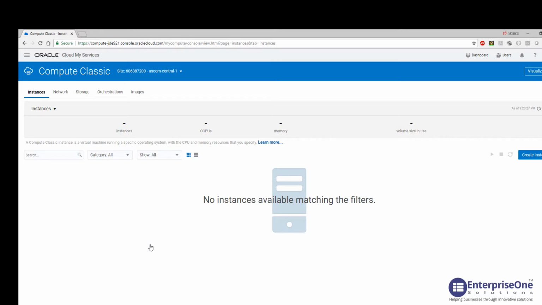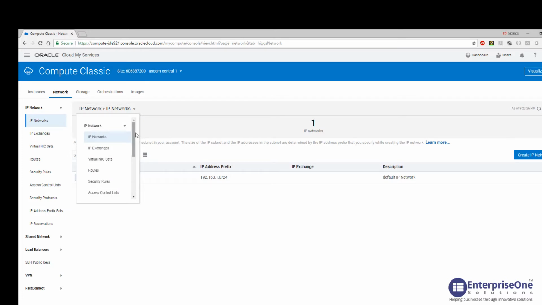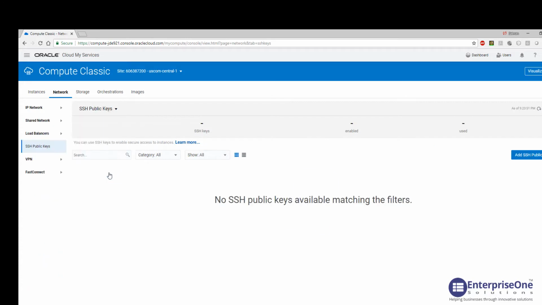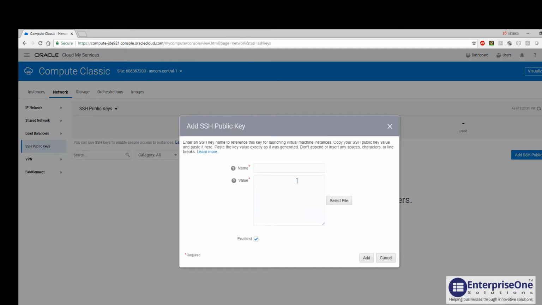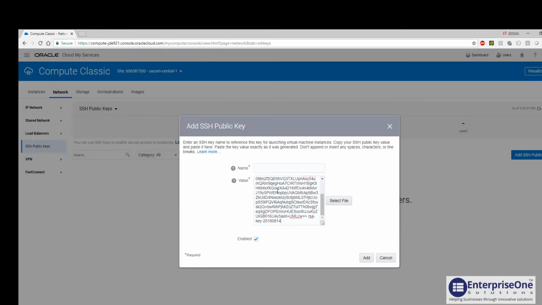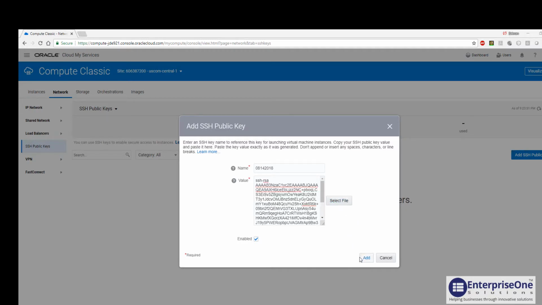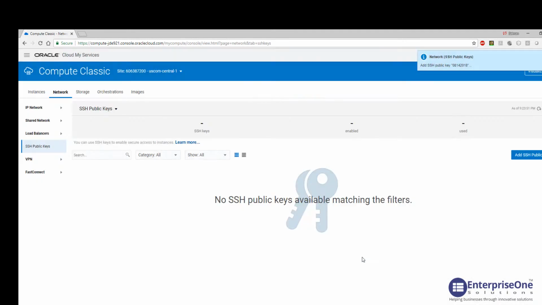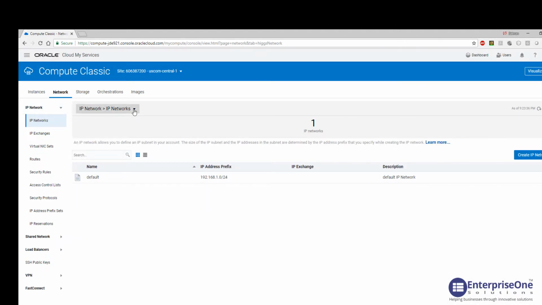When I click on the Network tab, you can see that there is a drop-down I would receive, and click on the SSH public keys. Here, I'll click Add SSH public key on the right side of your screen. When I do that, I will give it a name, and then in the value, I'll copy this SSH public key which I generated earlier. Click Add. Once you click Add, you will see that your public SSH key has been uploaded to the screen